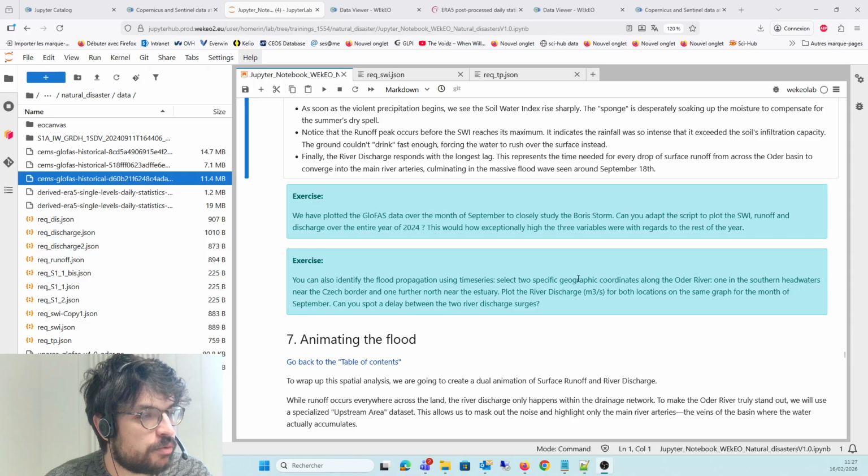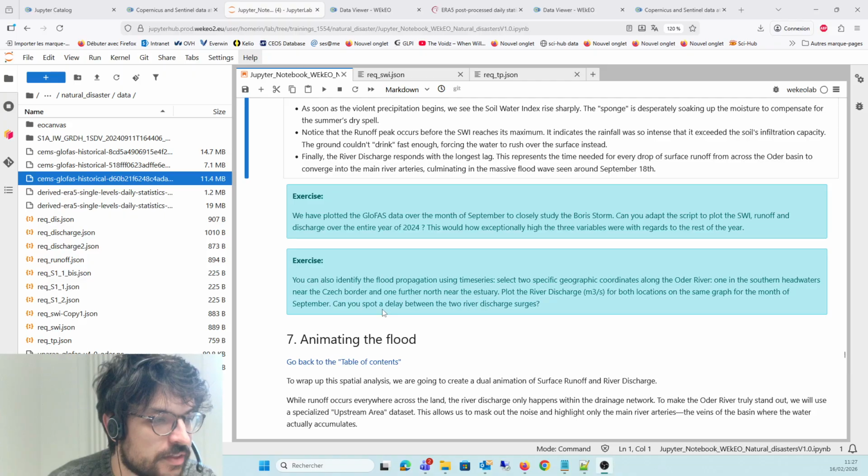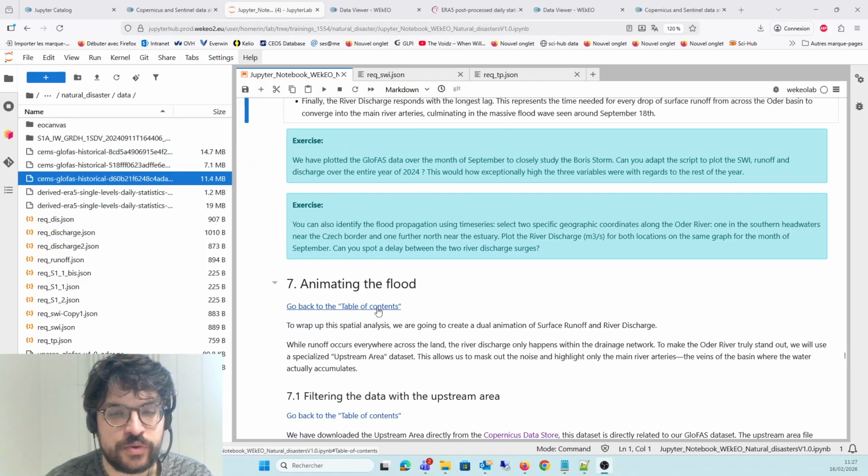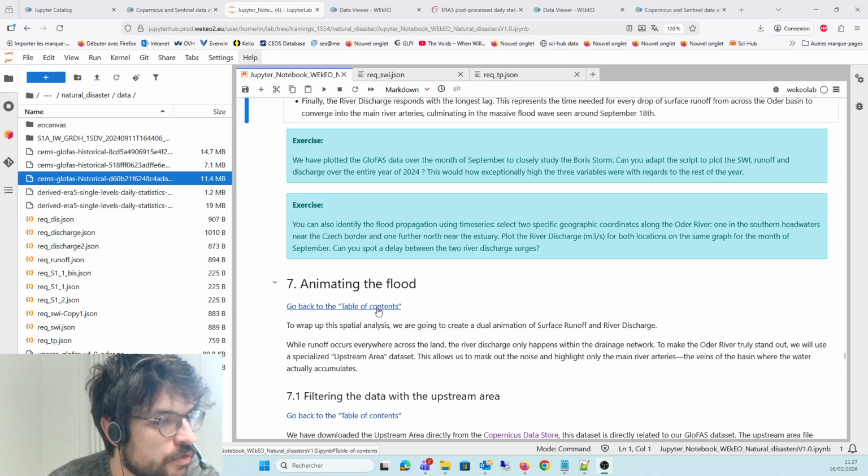So now that we have reconstructed the timeline, we can wrap up this analysis by creating a dual animation of surface runoff and river discharge, and visually see how the two interact with each other. Runoff occurs anywhere across the land over any surface, but river discharge usually only happens in the river drainage network.